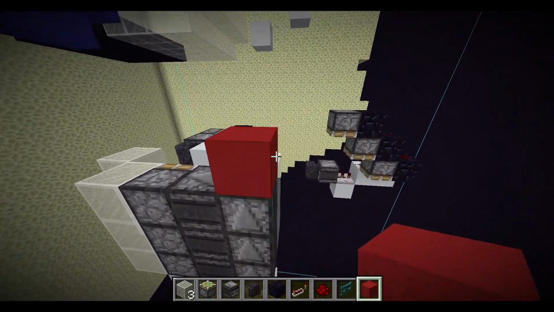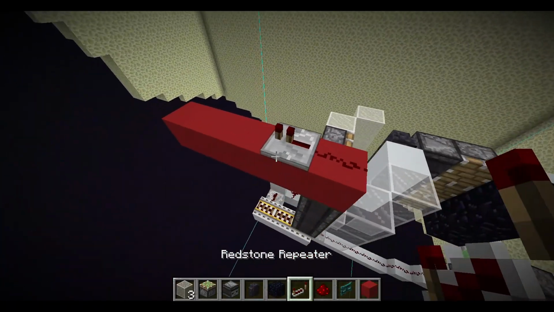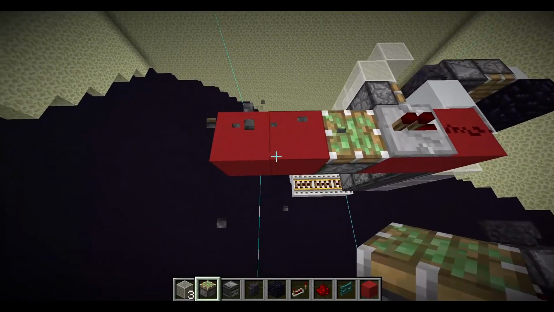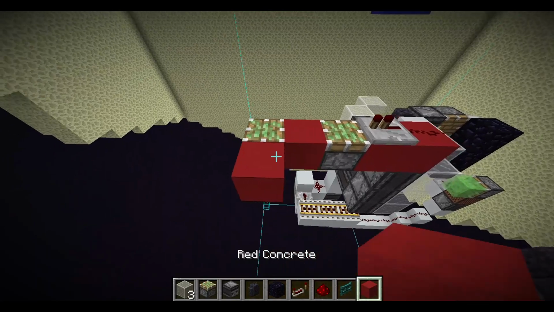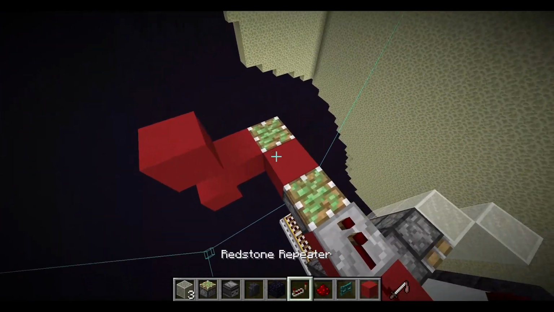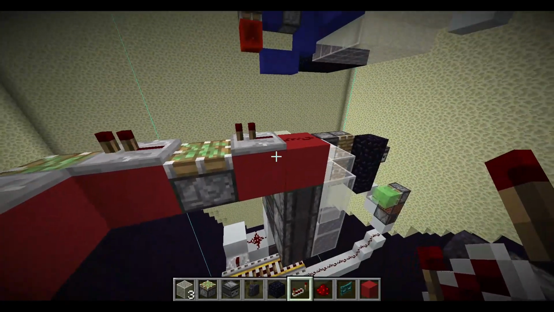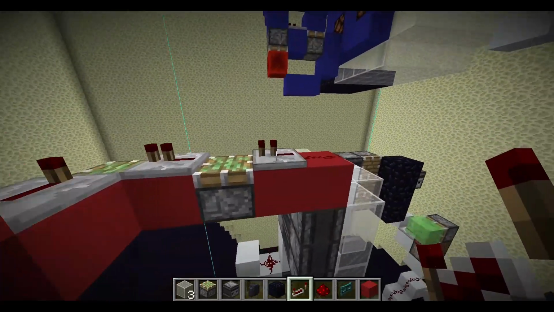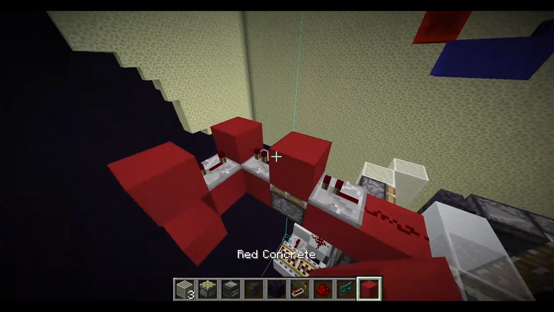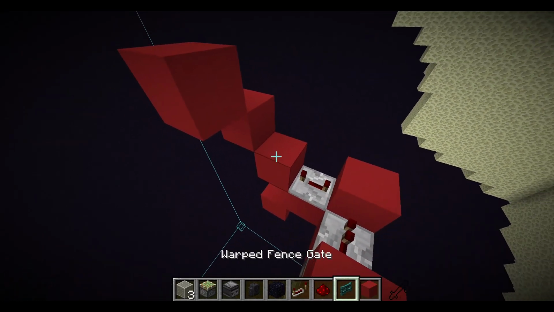So we're gonna go there, a redstone dust, a repeater, a sticky piston on the ground there, a sticky piston on the ground there. This. I'm gonna go down and up. Put a repeater there, a repeater there. These ones are on regular delay, and this one is on 4. Put blocks on top there. Wanna do this kind of staircase like this,